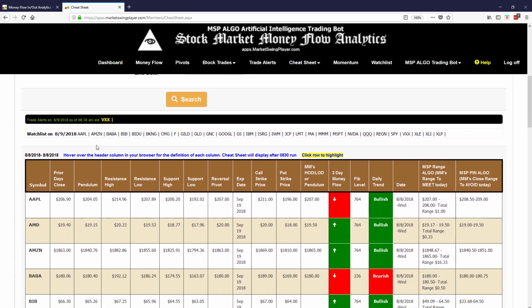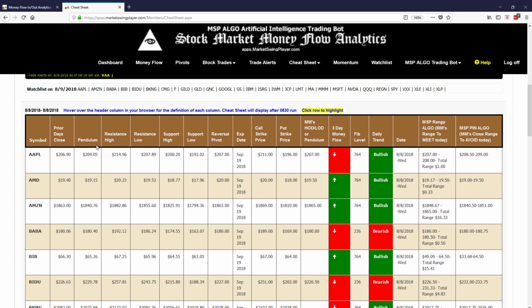We're going to talk about what we call MSP Range Algo. You'll notice we also have MSP Pin Algo here. And we have what we call a reversal pivot and MM's emulation of what higher lower day would be, or sometimes it's the pendulum, the midpoint for the day. Okay, but our focus is going to be on